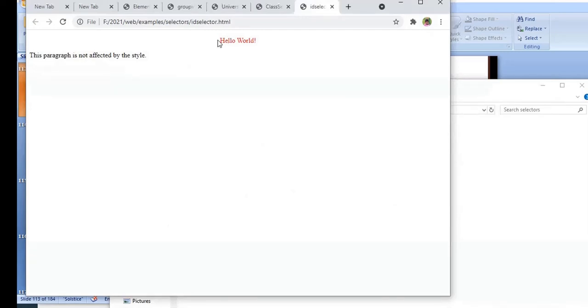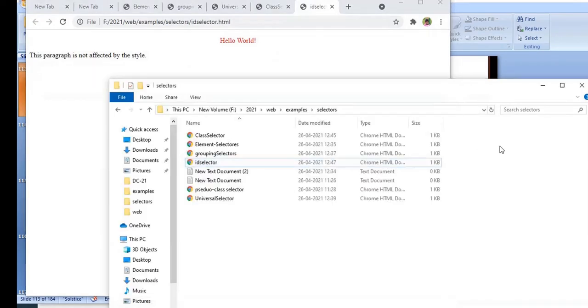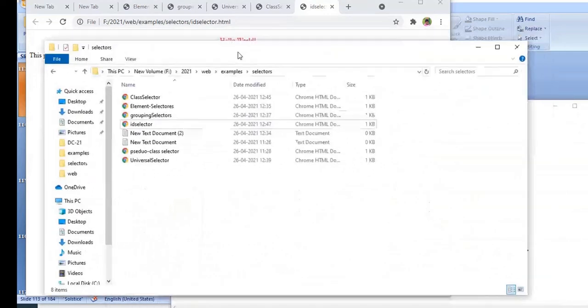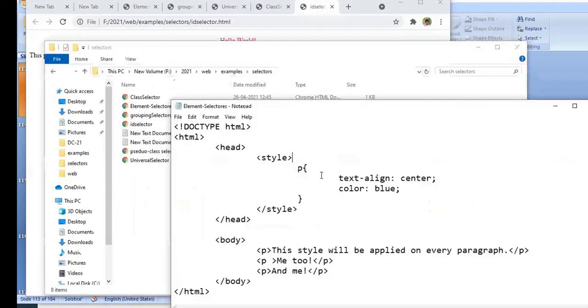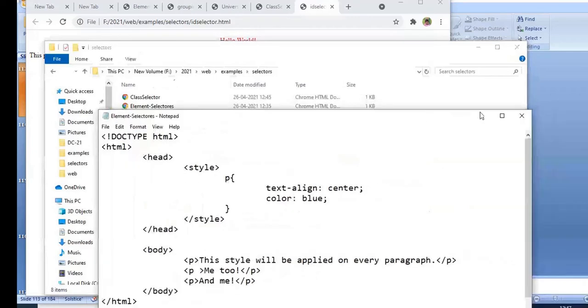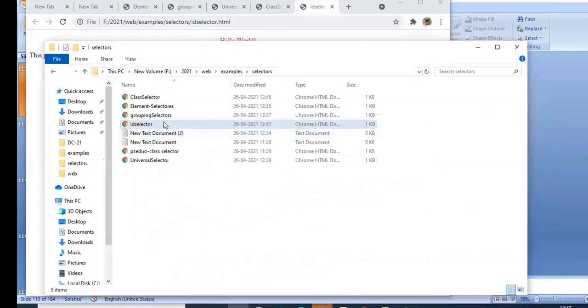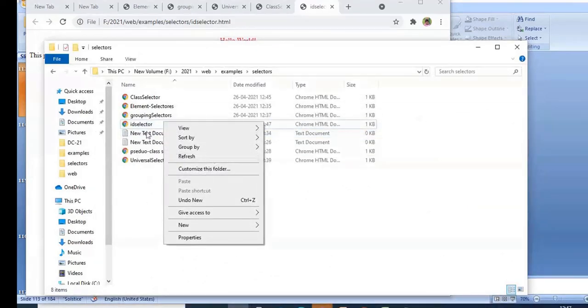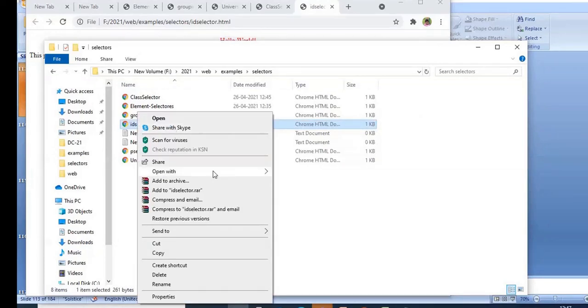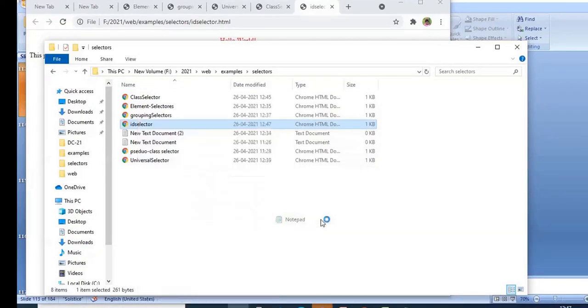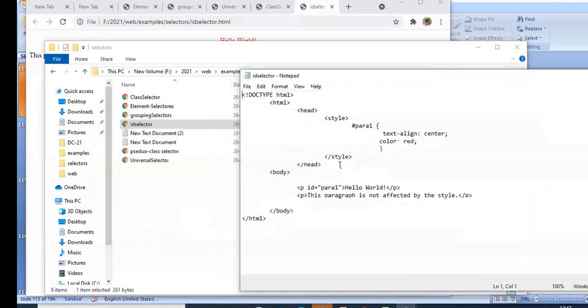You can observe it is applied only for the element with that ID. This one. Wherever it is specified. So let me just try.